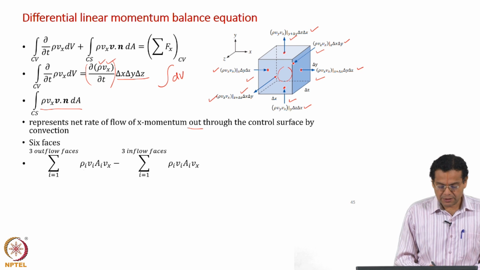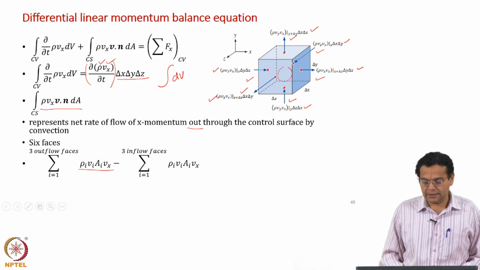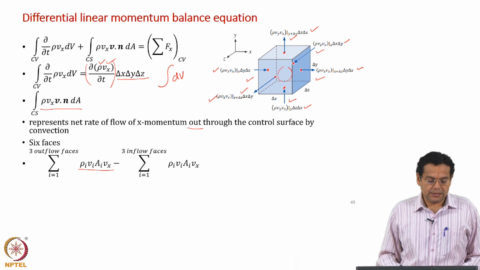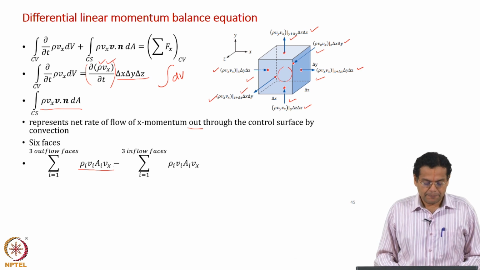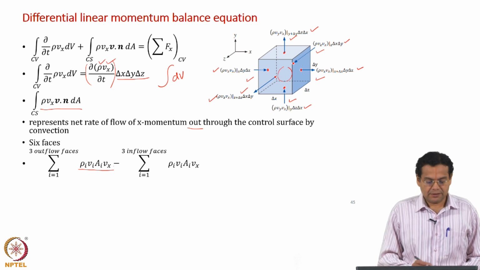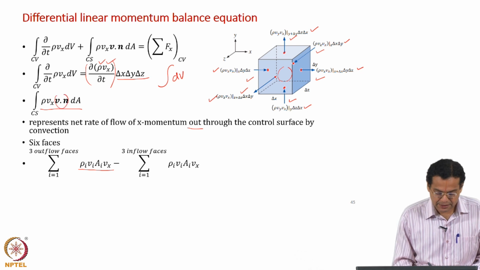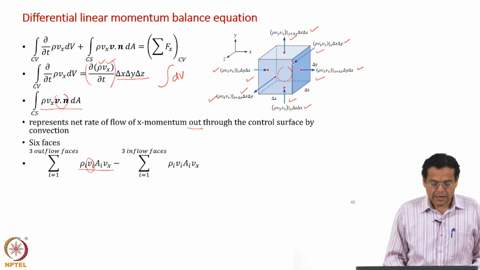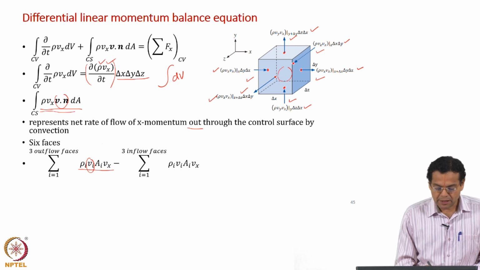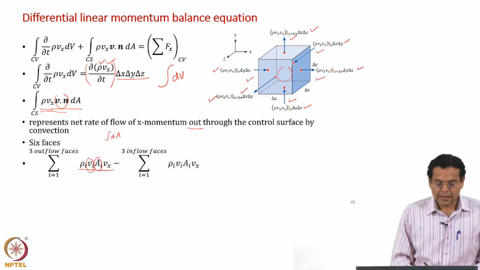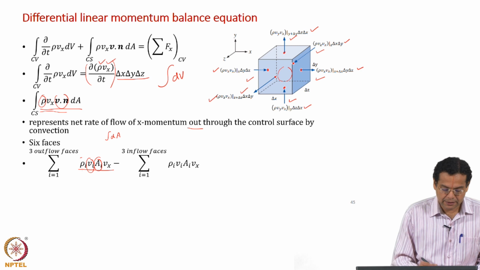We have written this as rho_i V_i A_i V_x. Let us understand that. In writing this, we have made 2 assumptions. It is not an assumption, it is valid for this case. What is that? The velocity is perpendicular to the phase. That is why this V dot n has been just written as V_i. And then we also took this rho V_x V dot n to be constant. So, I am left with integral dA, that is why I have A_i here. Other than that, this rho is written here and this V_x has been written here.